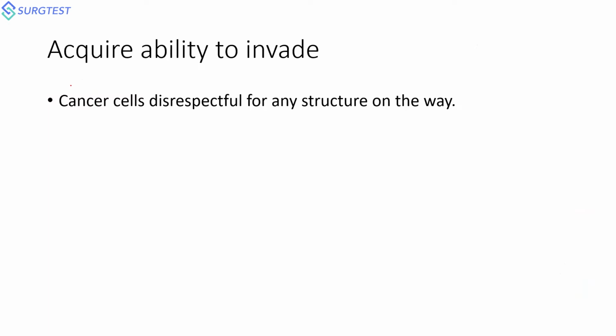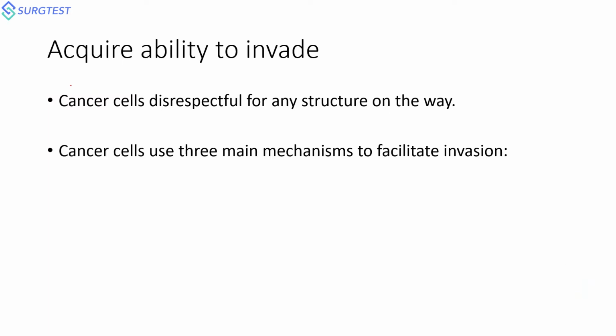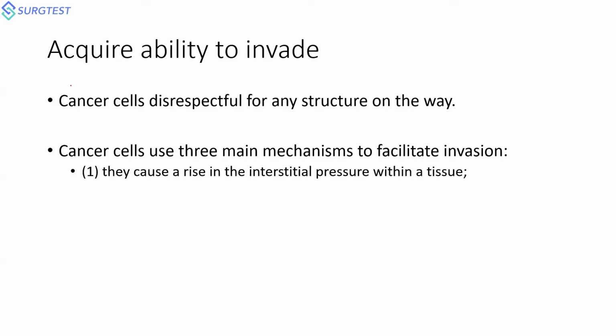Cancer cells have this unusual characteristic of disrespecting anything that comes into their way. This sequence of events is responsible for invasion into your blood vessels as well. They have three important mechanisms to invade into your adjacent structure. The first thing, they increase the interstitial pressure, or the pressure within the particular tissue. This is your normal environment. You have an adjacent blood vessel going. It tries to expand it. It tries to increase the pressure inside this, and the interstitial pressure increases, and that thereby increases the chance of